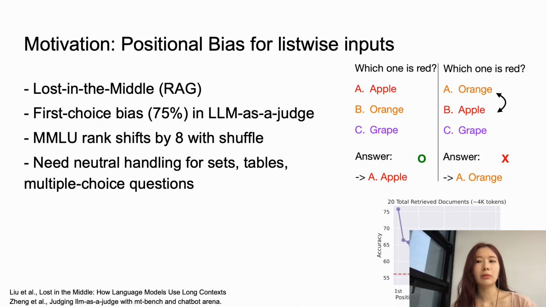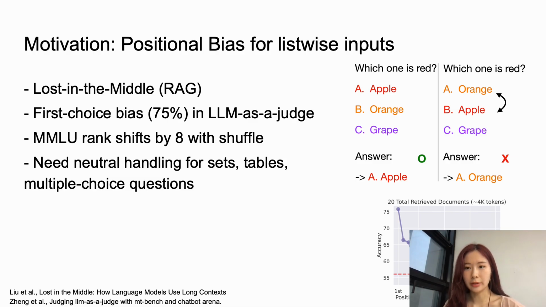The lost in the middle problem in RAG is that when you insert the relevant passage at different positions, GPT class models deteriorate heavily. Similarly, when we ask an LLM to be a judge, it chooses the first answer 75% of the time, a so-called first choice bias. The example figure on the upper right illustrates how the same red fruit question flips from correct to wrong purely